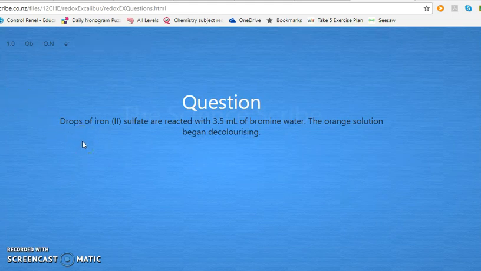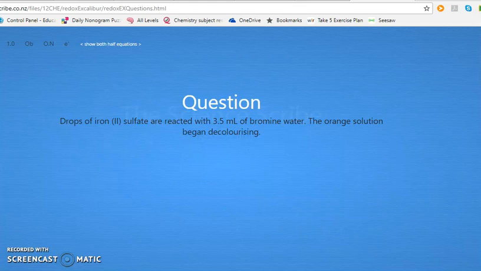So drops of iron sulfate are reacted with 3.5 mils of bromine water. The orange solution begins decolorizing. So the first thing to note is that your bromine is being reduced to form bromide because the orange is disappearing. Therefore, your iron 2 must be being oxidized to form iron 3, and so you can write balanced equations. You can write half equations, make observations, figure out oxidation numbers and electrons,